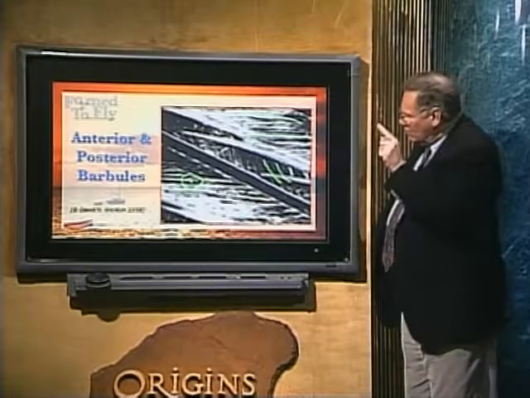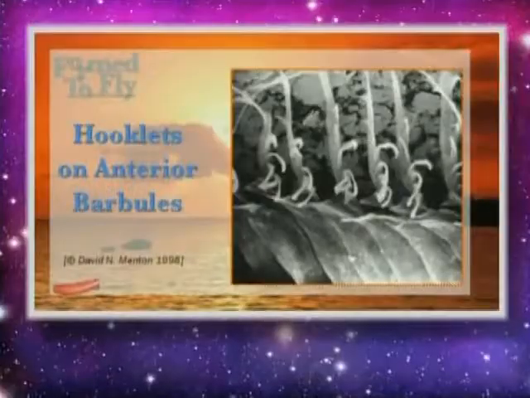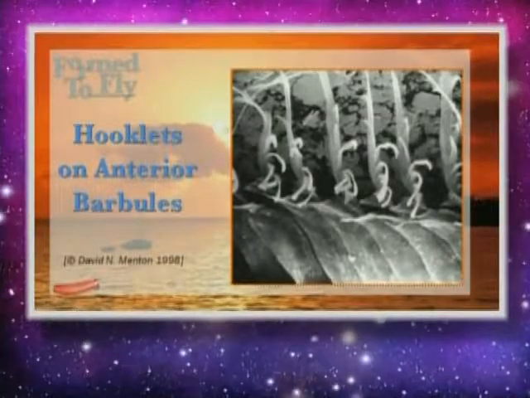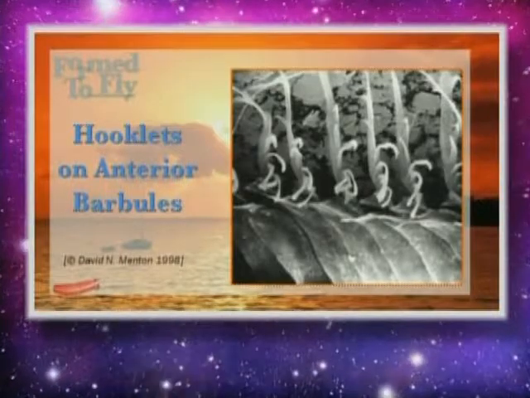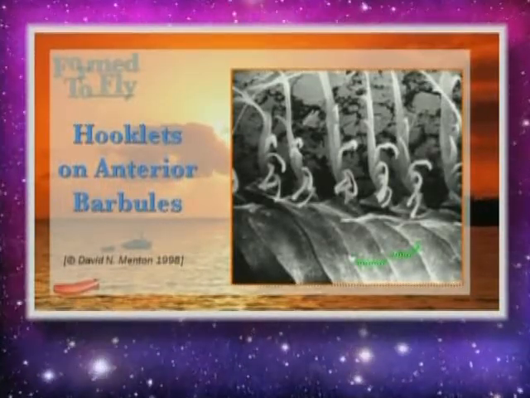Okay. If we were to take those away, we would see the anterior underneath exposed. Let's do that. And there are the hooklets. Notice that where the barbs do not overlap, there are little flaps that fill in to keep the air